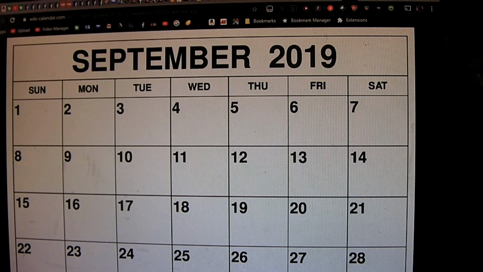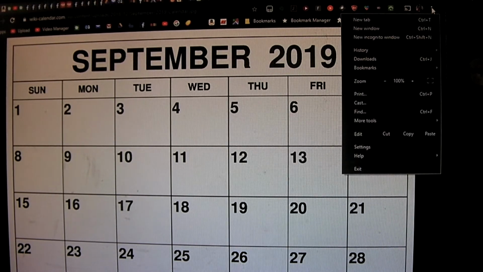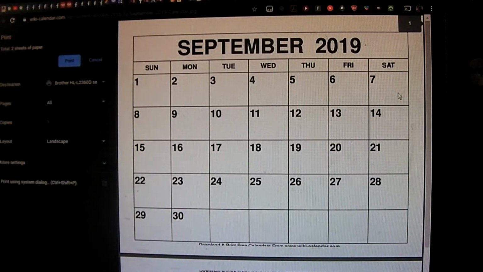Another example would be Google Chrome's print functionality. Used to be when you click print, things were very simple. But now when you click print and you want to customize anything, you gotta make extra clicks now. So we're going to click print on this calendar. And you can see